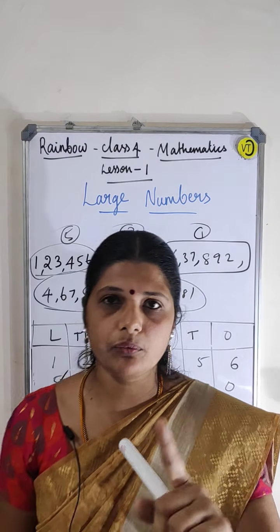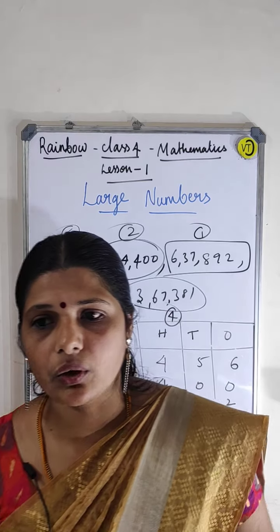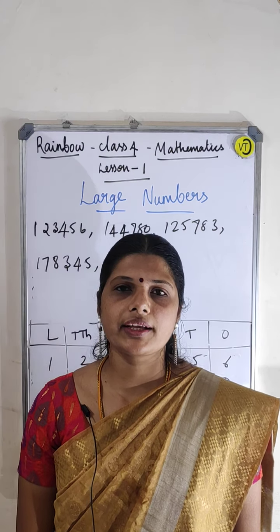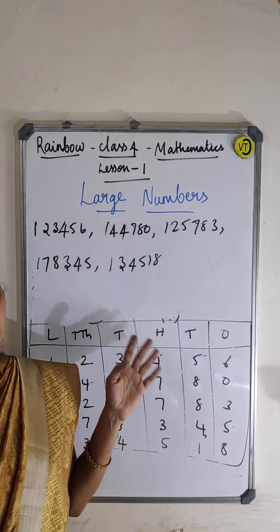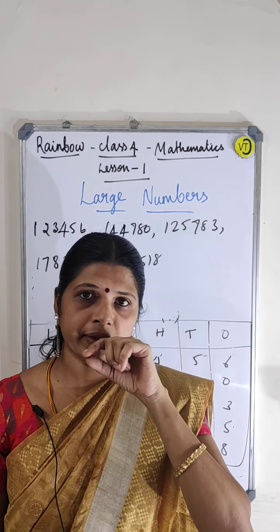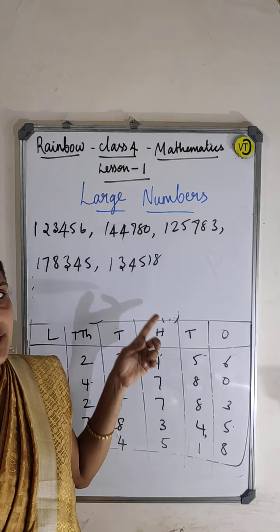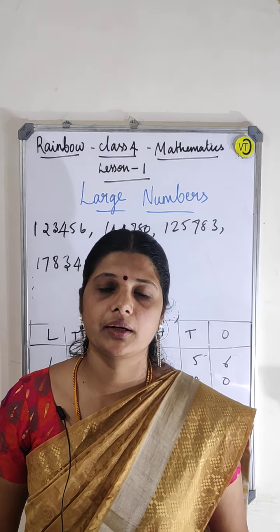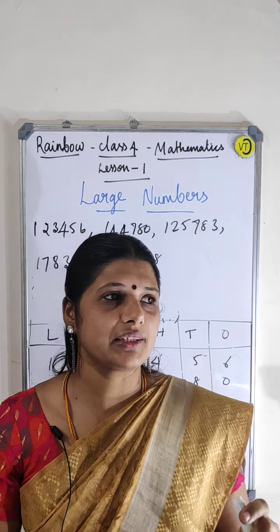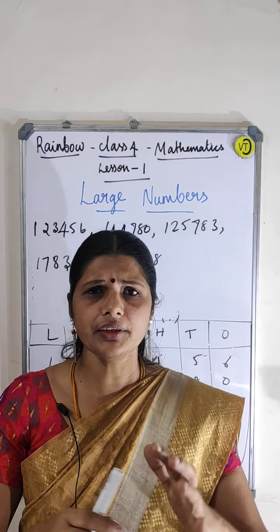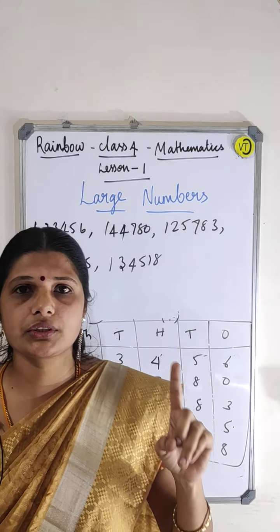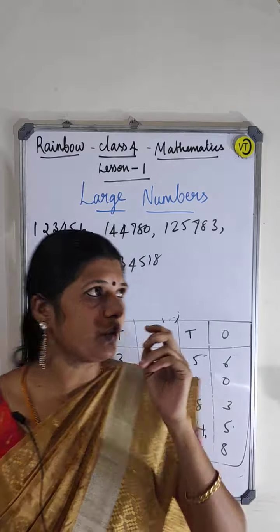Okay, I will give you one more example for the ascending order now. The next example has 5 numbers, each a 6 digit number. I already told you how to compare the numbers. Since all the numbers have the same number of digits, you have to check from the leftmost value, which is the lakhs place here. Okay, now you check here.